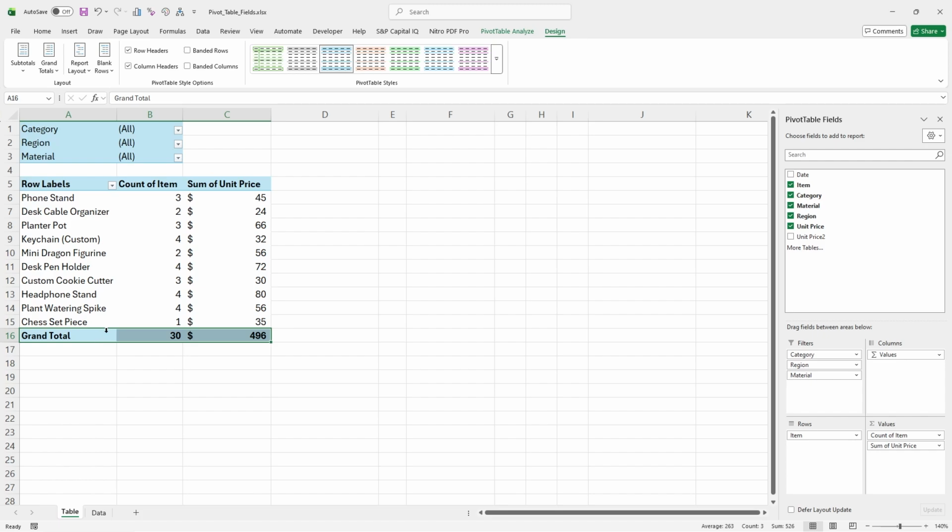And you can't just do that by hitting delete on your keyboard. You have to change a setting. So I'm going to walk you through it. First off, make sure your pivot table is selected. So you've got to select any cell within that table, and you'll go up to your top tabs here